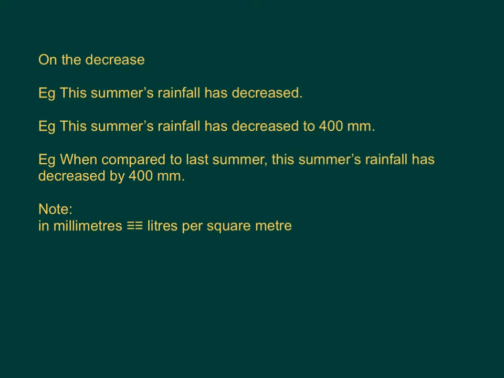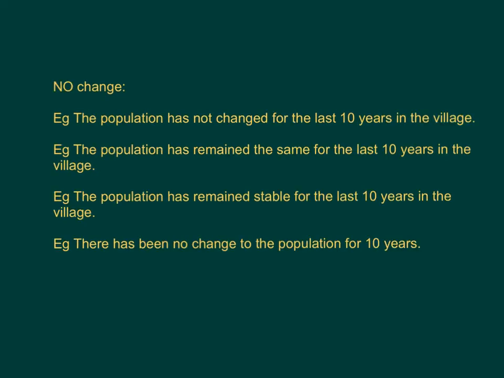has decreased。第二個 example 呢，就係 This summer's rainfall has decreased to 400 millimeters。第三個 example 呢，就係 When compared to last summer, this summer's rainfall has decreased by 400 millimeters。咁仲有呢 millimeters 就係等於 liters per square meter。好，咁就到 no change 啦。咁第一個 example 呢，就係 The population